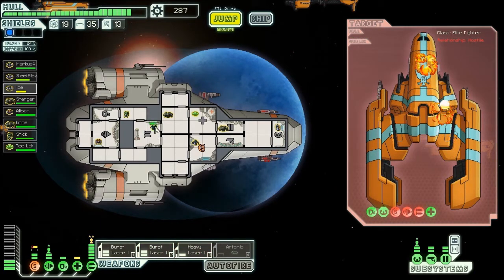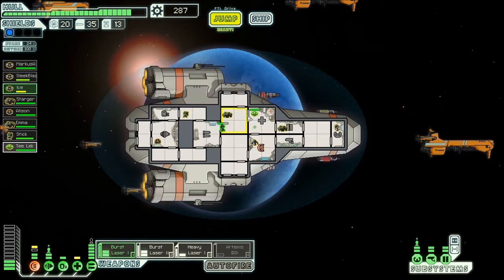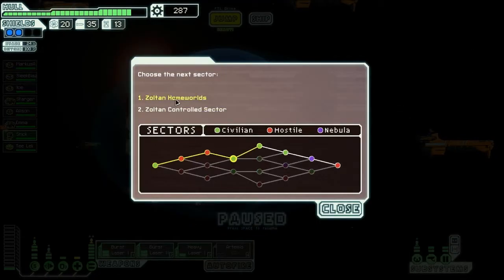That's it. Now I gotta heal Ice, since he did take a lot of damage in that fight. Let's see who else. Sleek Blaze needs healing, and so does Stick. Nice name for a Mantis, Stick. Okay, let's move him on. That's kind of a funny name. So I can just move on while he's healing, since he's not really part of